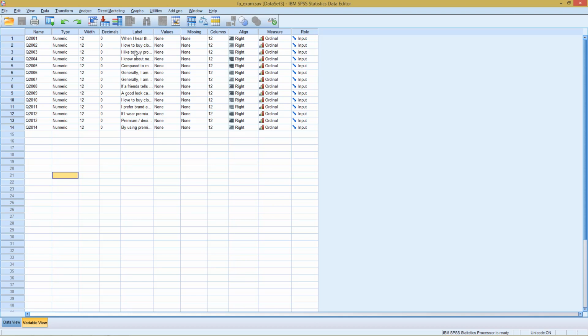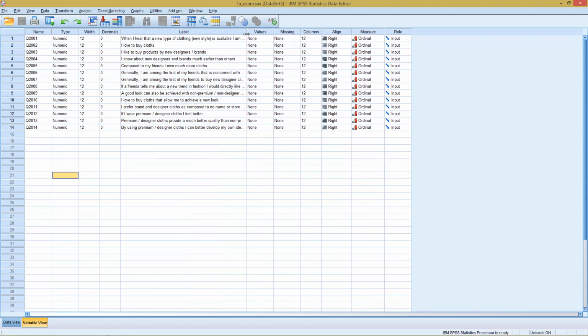So in the end, I would need to find a way how to summarize all of those different questions, all of the different variables, into one single scale, for example in this case for sustainability. That's where factor analysis comes into play. So here I have prepared a data set, 14 different questions, and if we take a look at the labels,